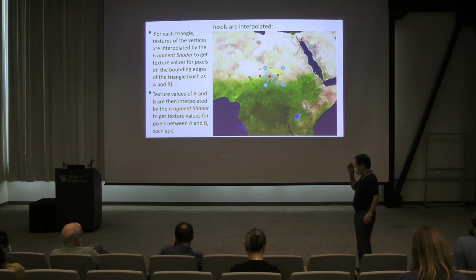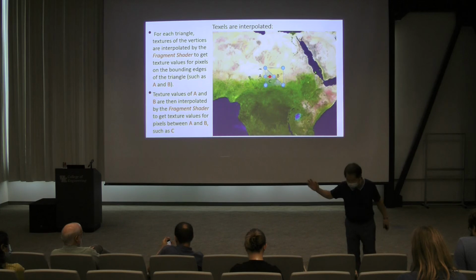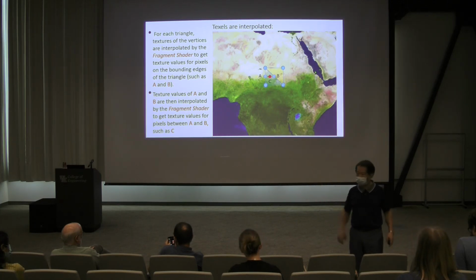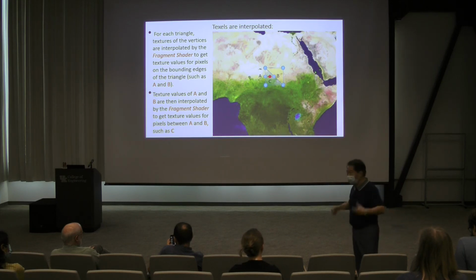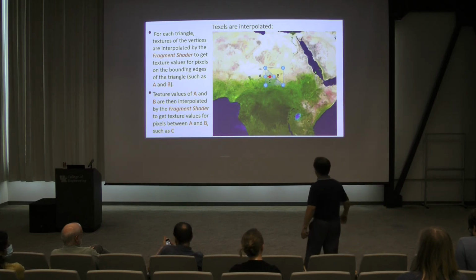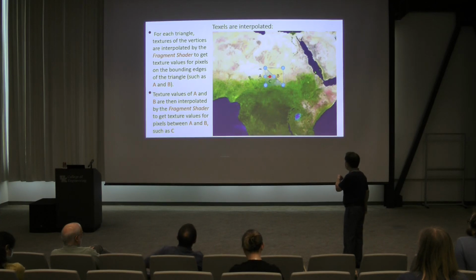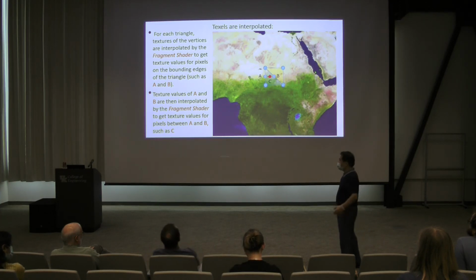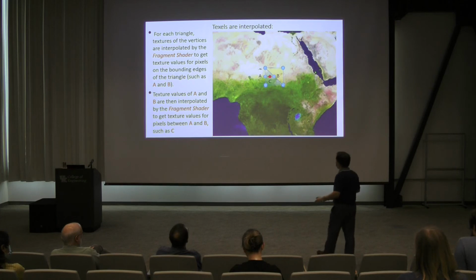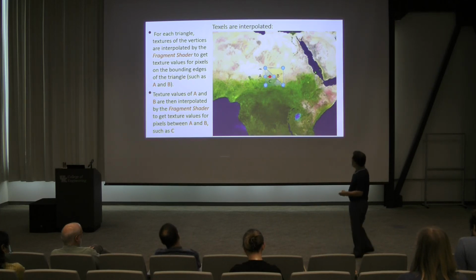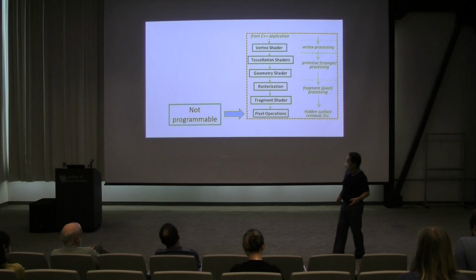Now you can just tell the shader, don't do this. Paint every pixel in red, or paint every pixel in blue, and so on. You have the power, okay? But of course, you don't want to do that for this example here. You want to calculate the texture value for each pixel on the boundary and for each interior pixel here. All right? And then once this is done, the process moves to the last stage,